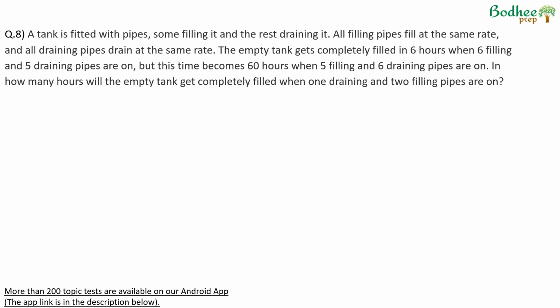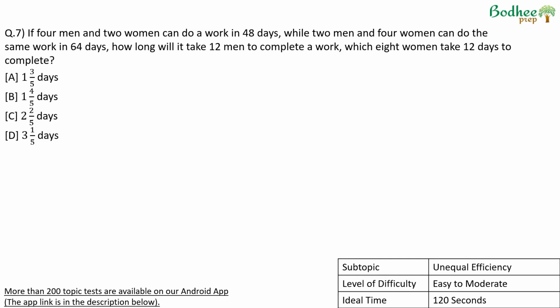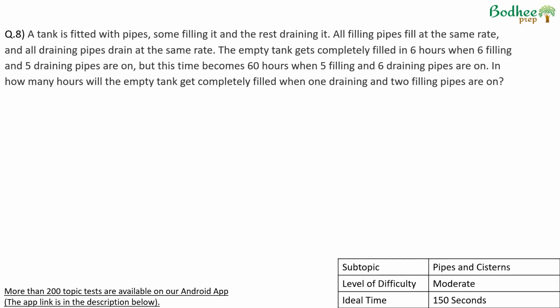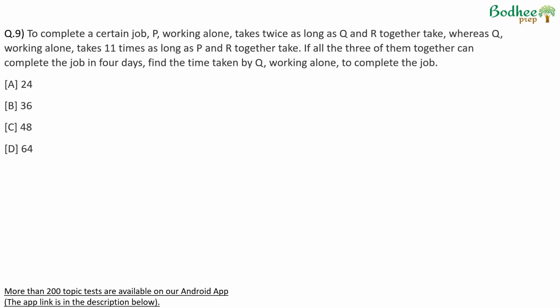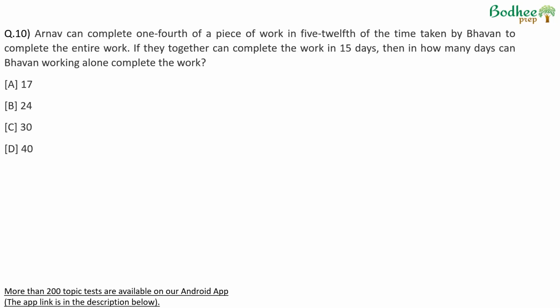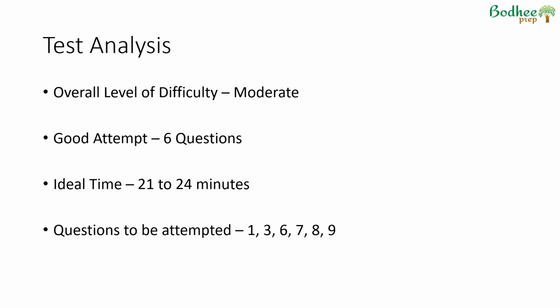Now this was easy, similar to the previous one where you are forming equations and solving. Takes time, but the answer is always there. I would have done this as well. Again, simple numbers were there. This can be taken a call on because the first line can get a bit confusing. So for me, every single time, 1, 3, 6, 7, 8, 9 will be my attempts. Anything beyond this takes you beyond 95%